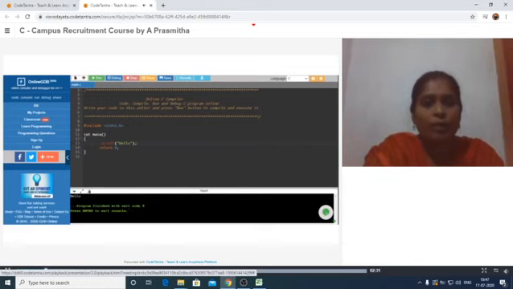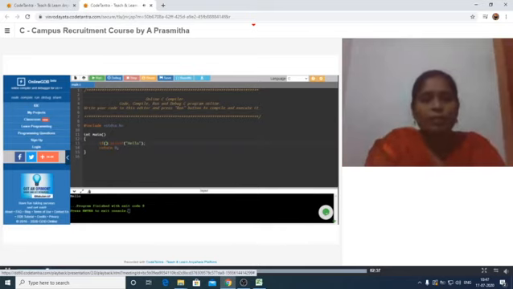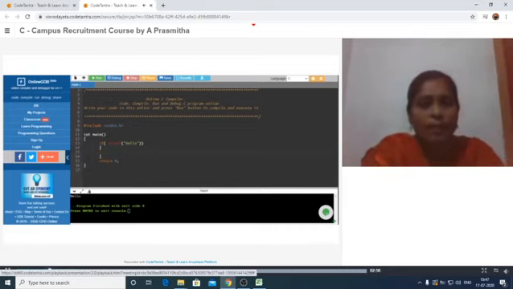So for that, initially I am going to use an if condition. Within this if condition, I am going to write this printf statement. An if condition always needs a set of braces in which we write the statements which should be executed when the condition is true.